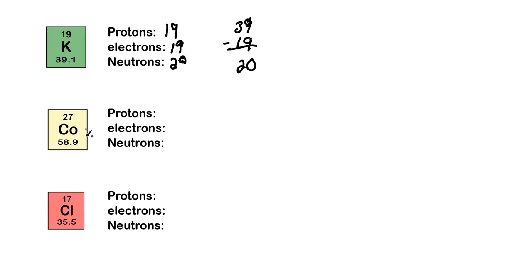Okay, see if we can do cobalt. Remember atomic number, atomic mass. Okay, if you did cobalt, number of protons, easy, is the atomic number. So we got 27 protons. And my pen does not want to behave. Hey, we got a French 7 there. Okay, so how many electrons? Well, easy, 27. Okay. Neutrons, 58.9. We're going to round that because we can't have 0.9 of a neutron. We're going to round that up to 59. So we got 59